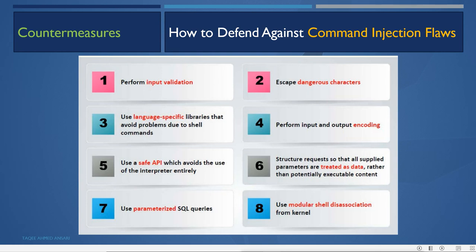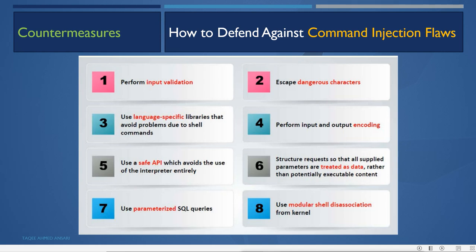Then escape dangerous characters, the characters which are used in command queries or command injection, in SQL, LDAP queries. Those characters must be escaped. We don't have to accept those characters.